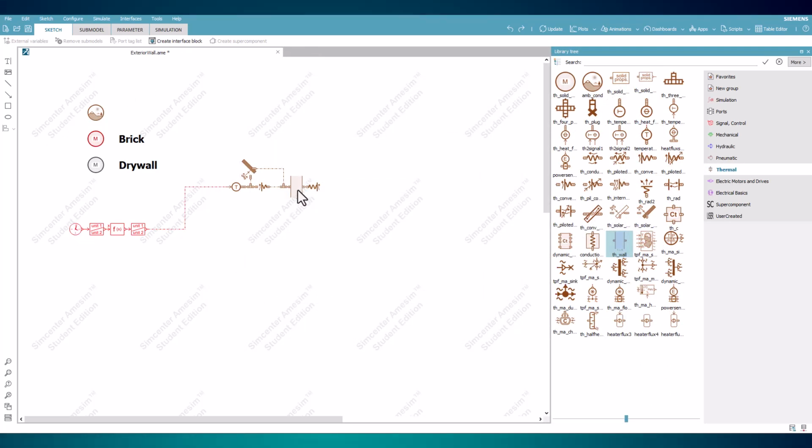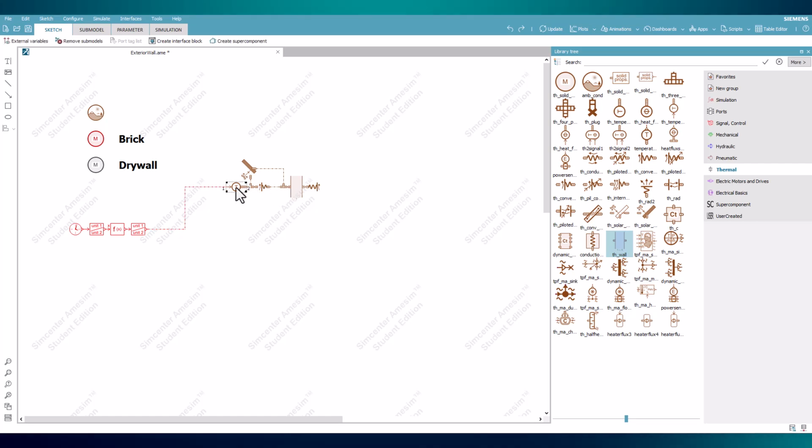To start, the exterior wall is represented with the thermal wall component with a port for heat transfer on either side. Port 1 on the right has a component for convection, with the fixed temperature reflecting the inside of the wall. Port 2 to the left has multiple components to reflect the heat transfer for the exterior. First is convection with a thermal port to vary temperature, and the second being a solar radiation on an opaque surface component that also has an additional thermal port.